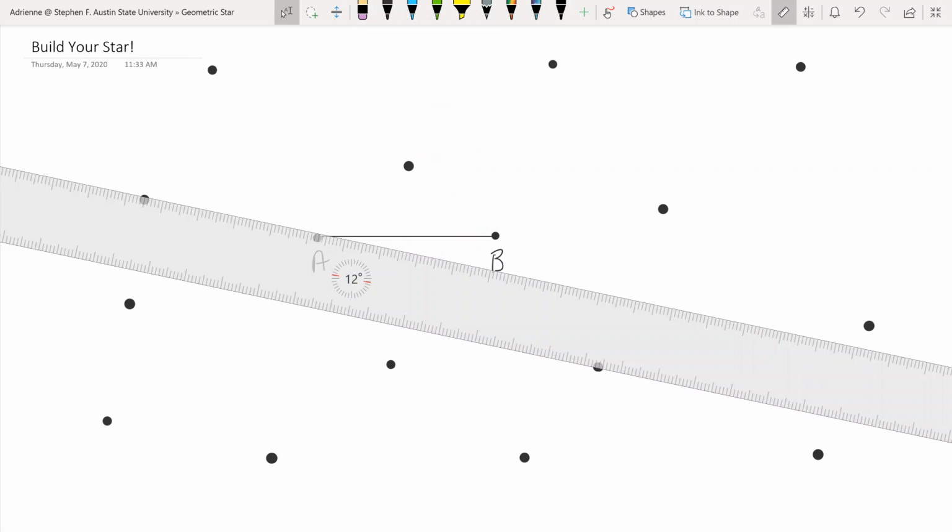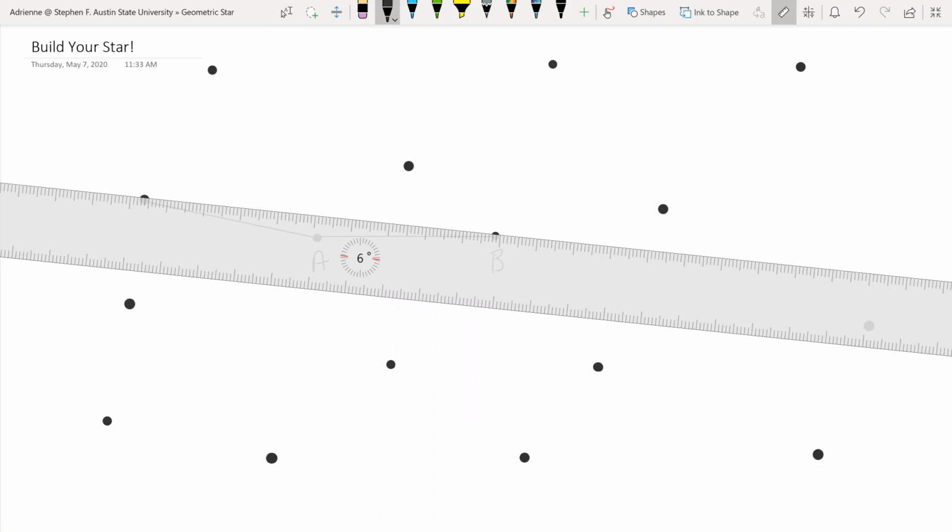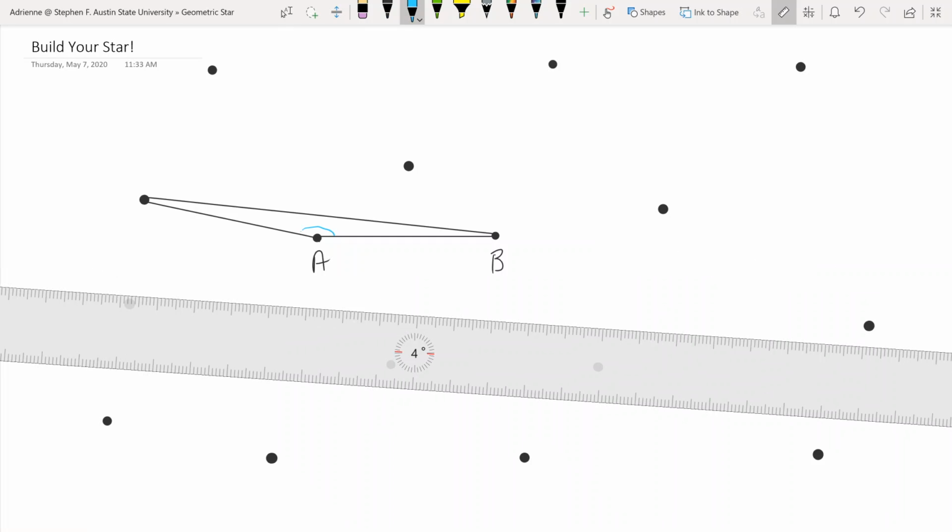What do I mean by that? Well, let me show you. I'm going to take my ruler here and start with this first point, and this first point gets connected to both point A and point B. Okay, so I've created a triangle. I've got 3 points, 3 lines. And you can see here that this is an obtuse angle and this is an acute